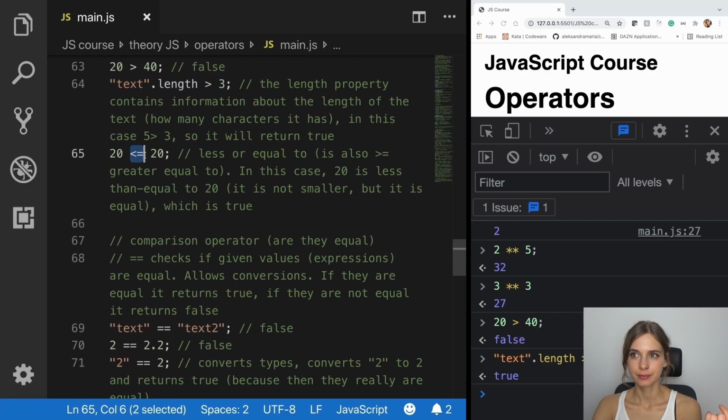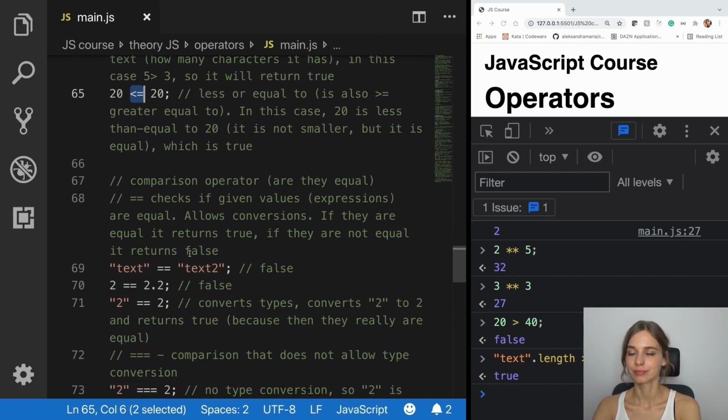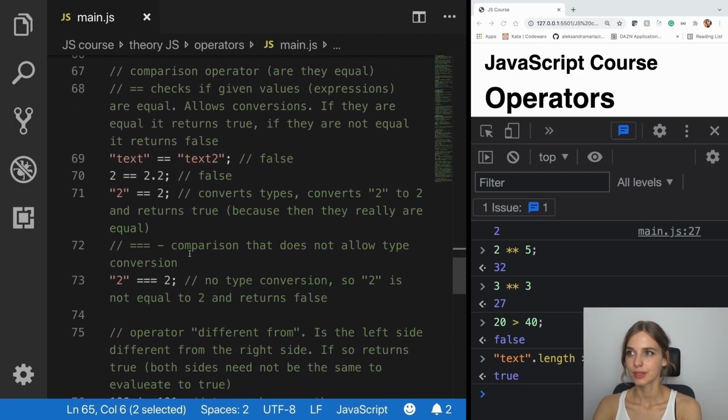This notation here means less than or equal to. So is 20 less than or equal to 20? Is equal, so it will evaluate to true. Comparison operator, meaning are these the same? Are these equal? And here I've got double equal mark,